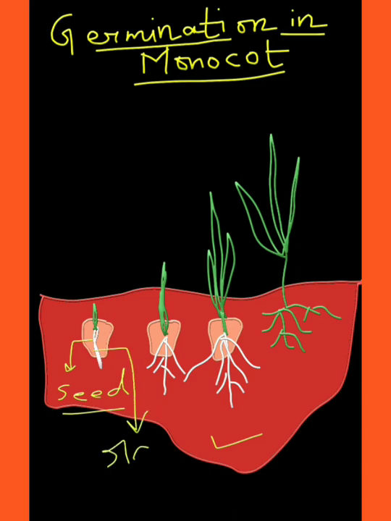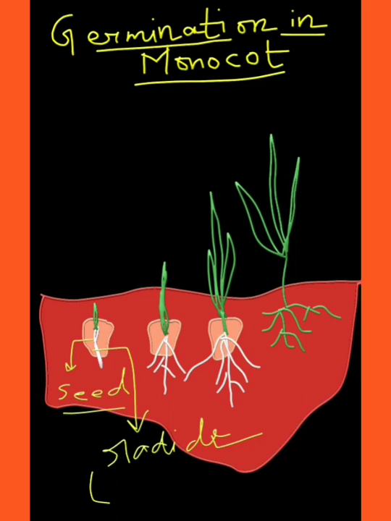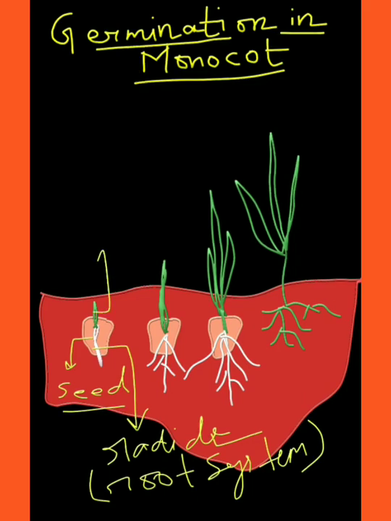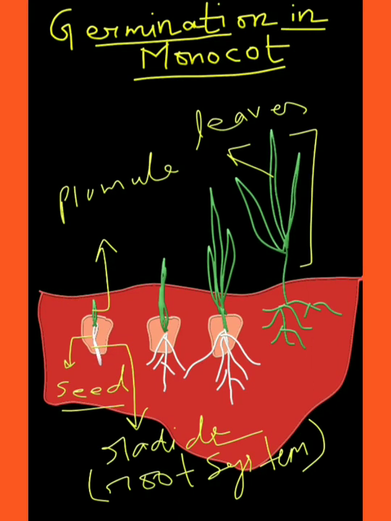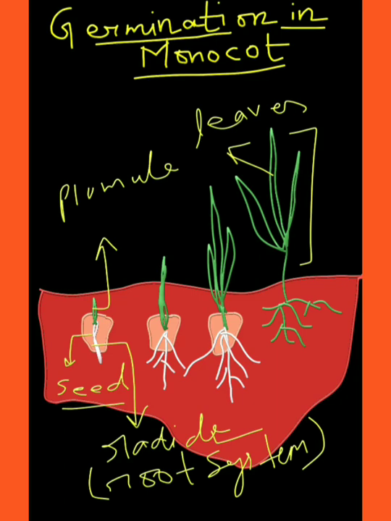radicle. The radicle develops into a root system, and this plumule grows and develops into a shoot system bearing leaves. As you can see, in case of monocots, the cotyledons remain in the soil or just at its surface. It just dries off after the leaves appear.